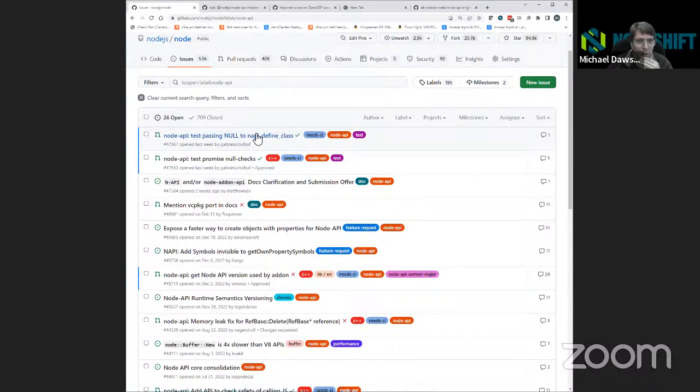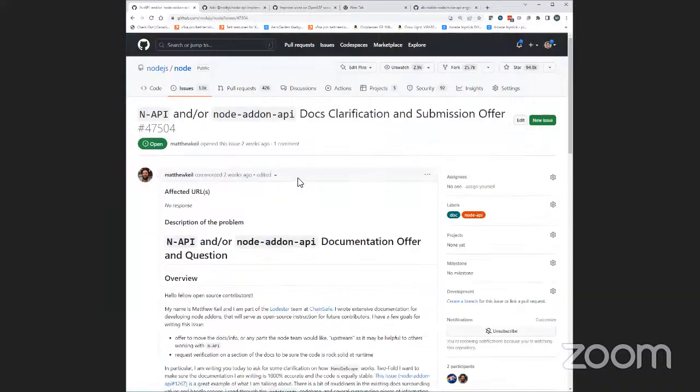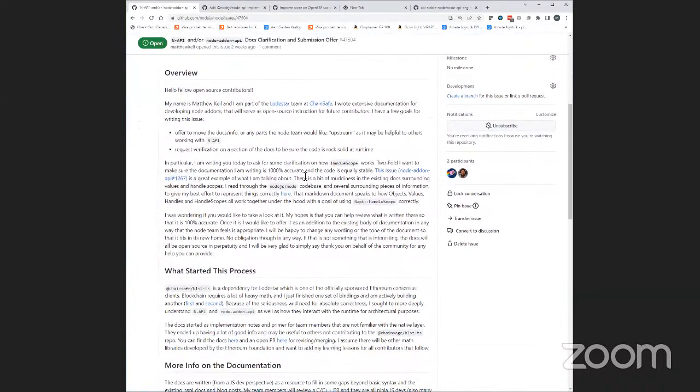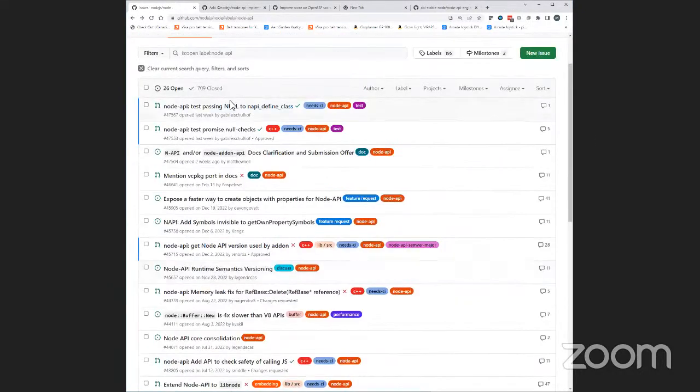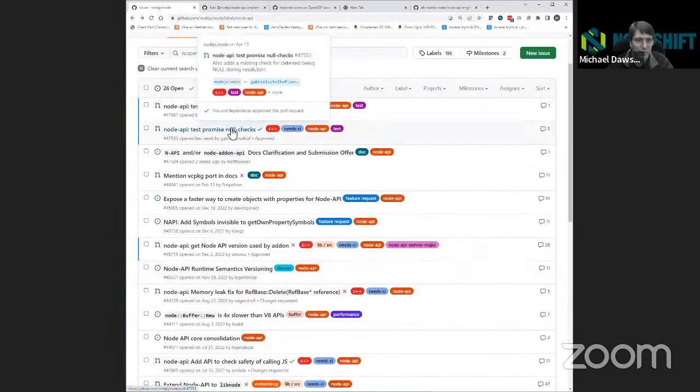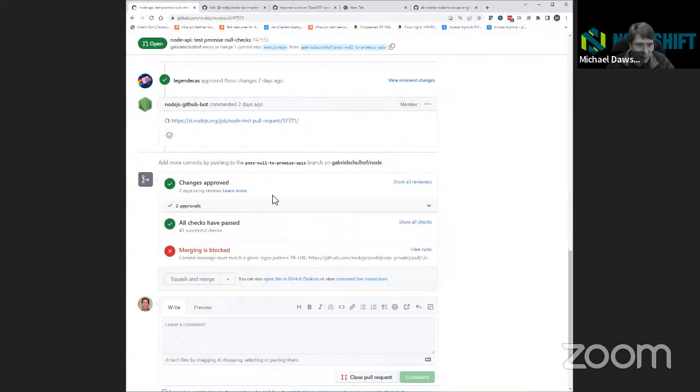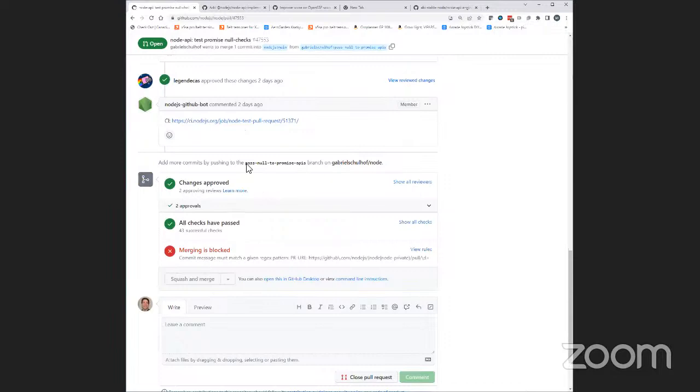I think Vladimir, you'd mentioned there were some additional tests. These are some of the ones showing up at the top. If we can just review and get those landed, I think that would be good. Yeah, this one's worth mentioning, so go ahead. I was talking about one of the test PRs waiting for the CI process. Once the CI is green, we can land the promise one. So it's a matter of checking whether the failures have all passed, so that one can actually land.